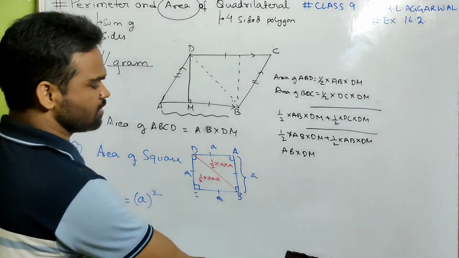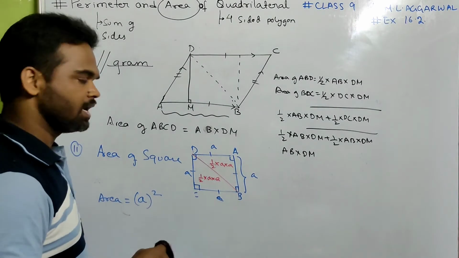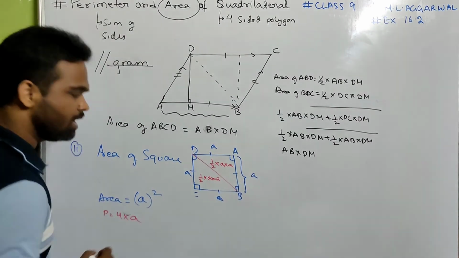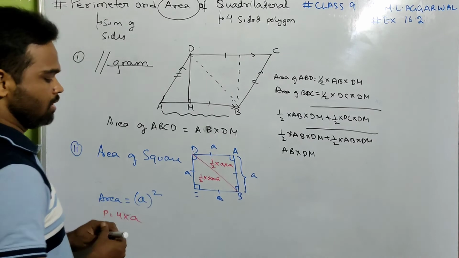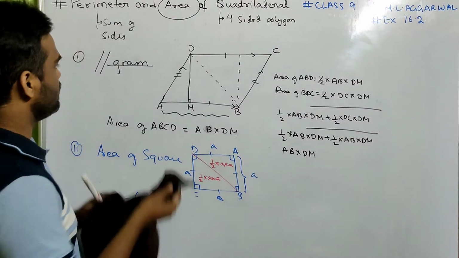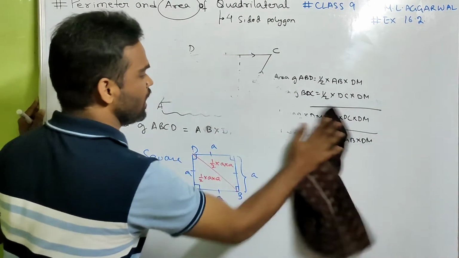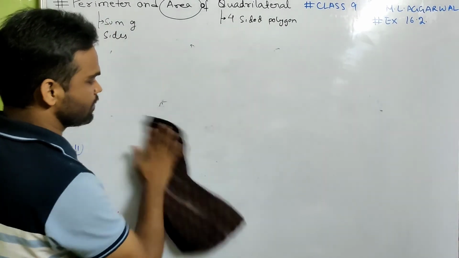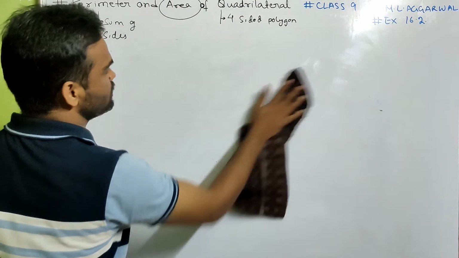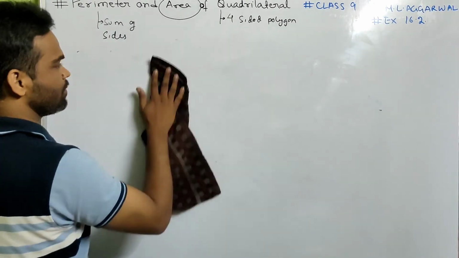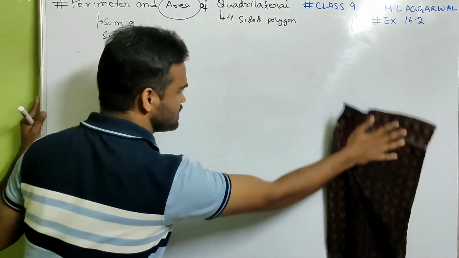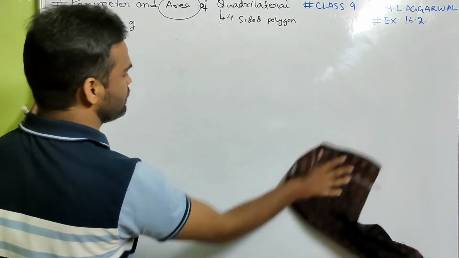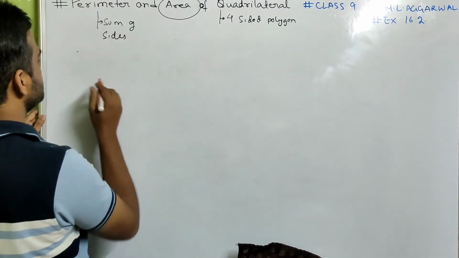Perimeter we know. It's 4 into side, 4 into A. Perimeter in this case will be 4 into A. Done. Till now we've seen parallelogram, which is base into height, and square, which is side square. Okay. Now let us see the next one,